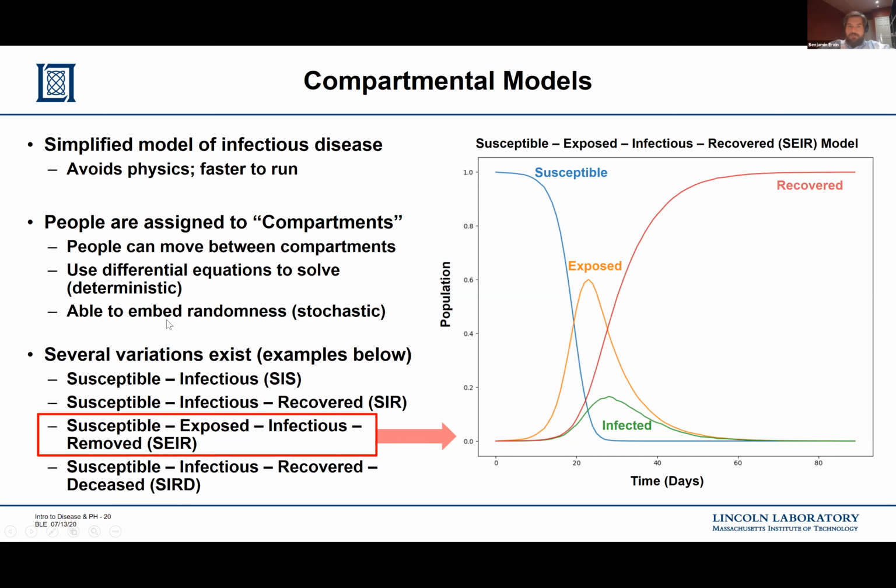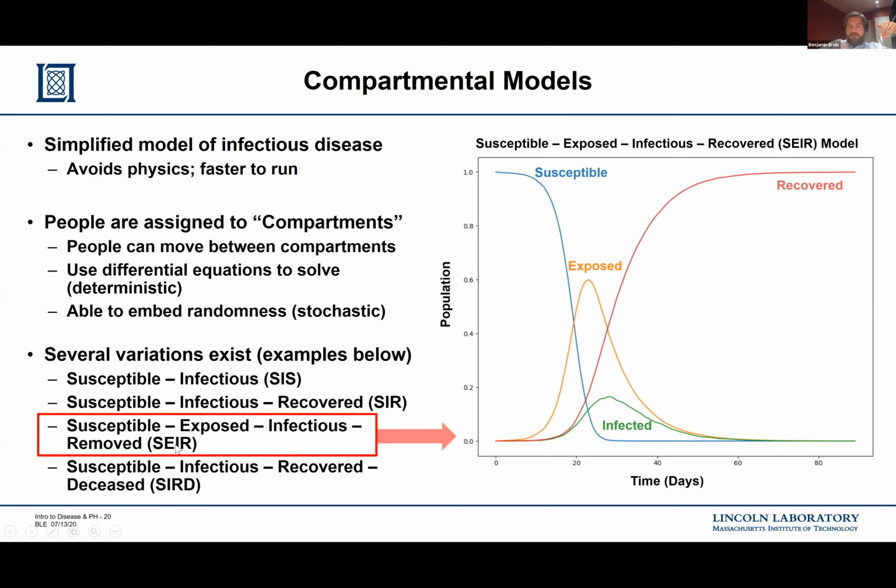You're able to embed some randomness or probabilistic approach to it, stochasticness. You don't have to, but it is an option. Several different variations of the compartmental models exist for public health departments. The one that we're going to focus on today, because it has direct applicability to your zombie game, is the